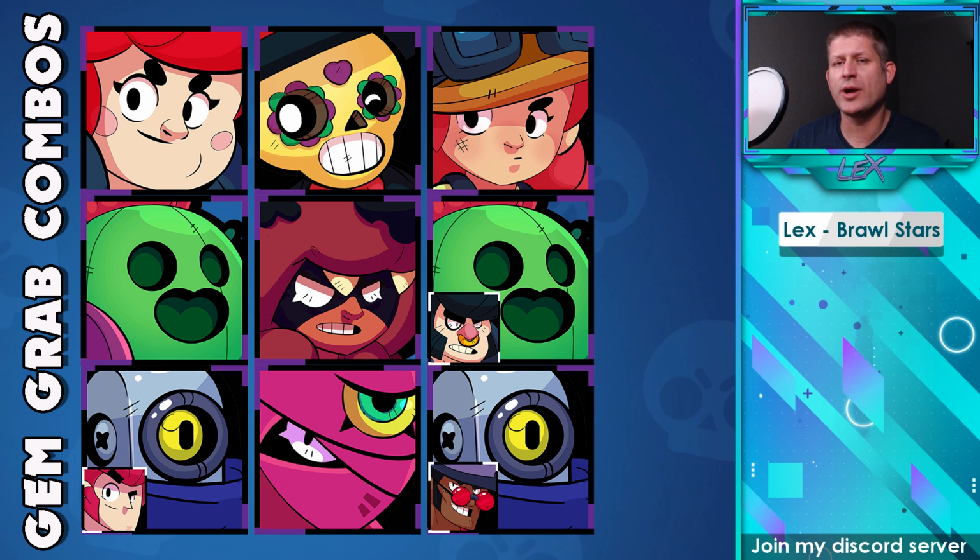And for the final Gem Grab combo, again, I'm mainly gearing Jessie towards being max, because when she's max, she can shoot her own turret with her star power and it heals it, and then it bounces off and goes towards the enemy brawlers. And that is an amazingly huge star power, one of the best in the game. And so if you have her maxed, absolutely look to push her in Gem Grab as a gem carrier because